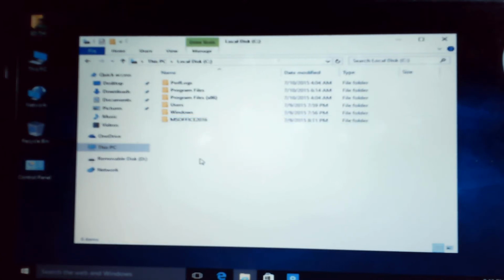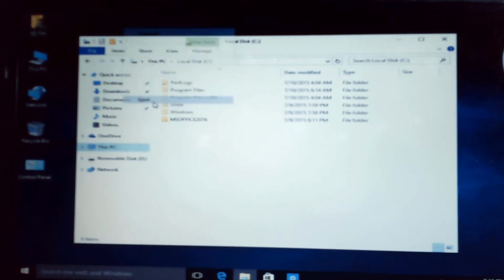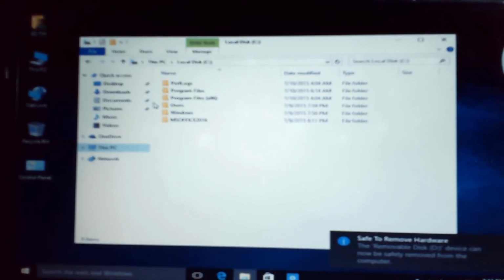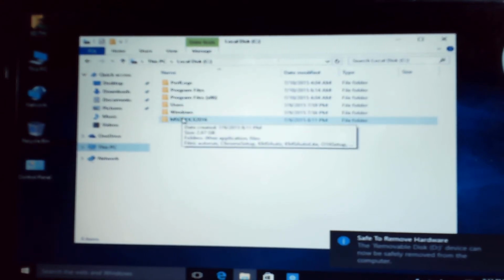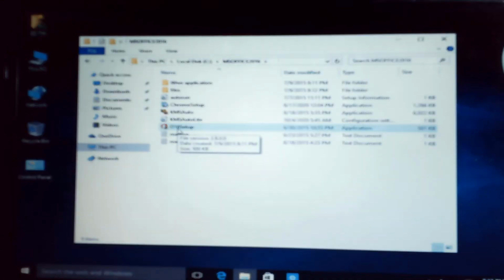Okay, so this time we are going to remove the flash drive, right click and eject. Okay, then we are now going to install the Microsoft Office 2016. Okay, so this is the installer of Office 2016. So just double click it